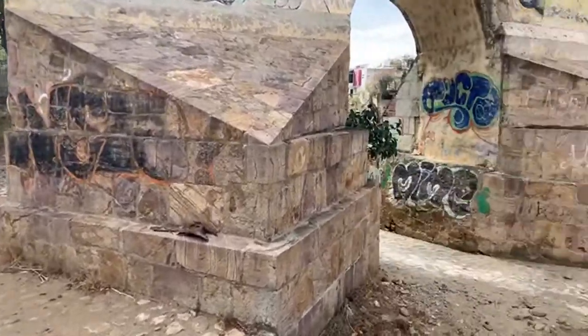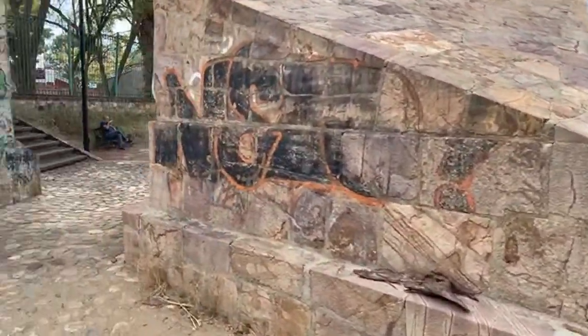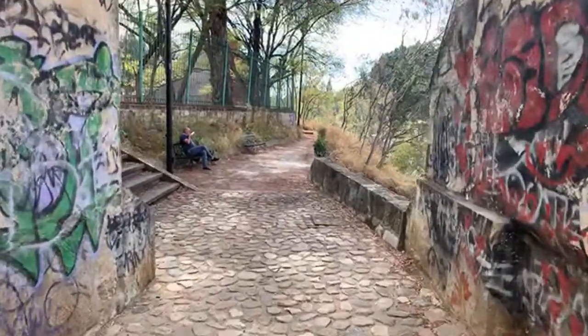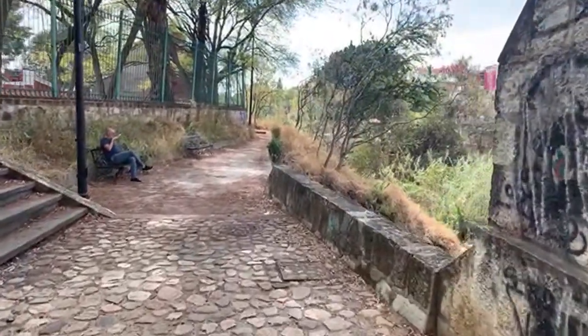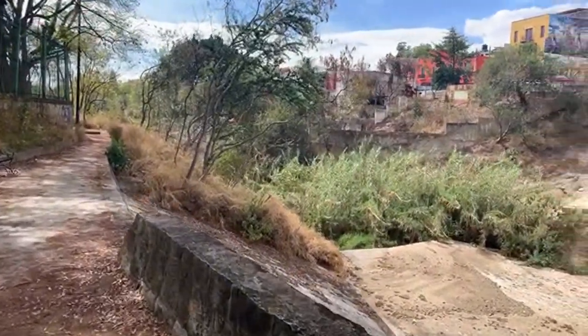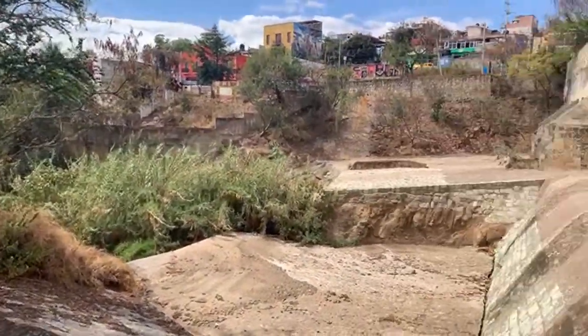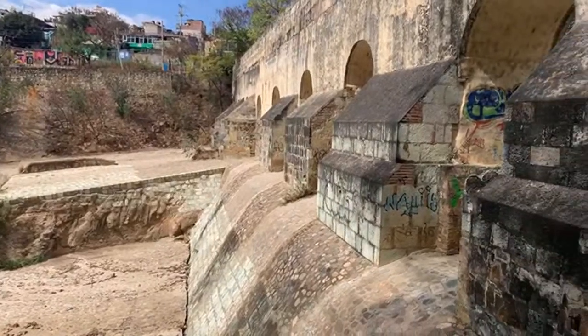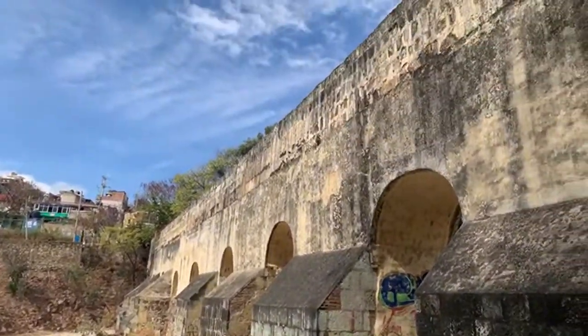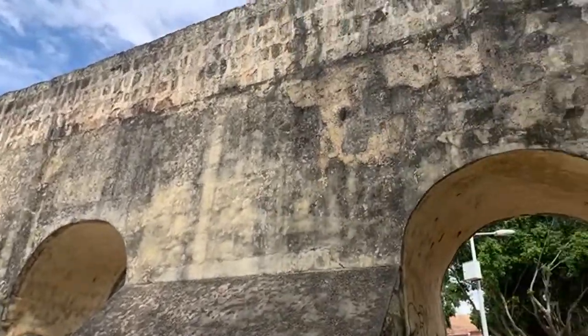So let's just go this side. They have a walking path beside the river kind of thing. I don't know exactly if it's a river or not, but this is the falls without water. And then this is the water duct, aqueduct, which used to be basically